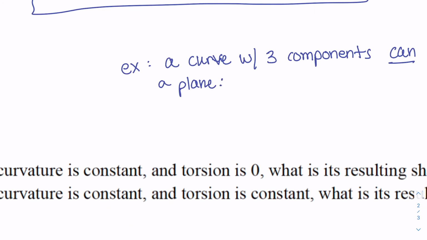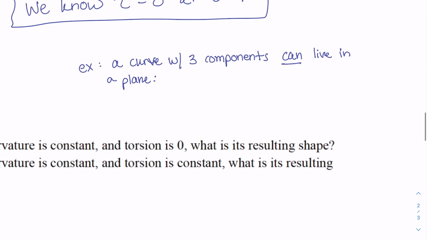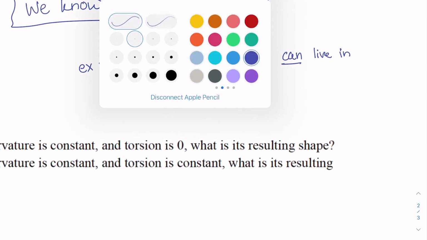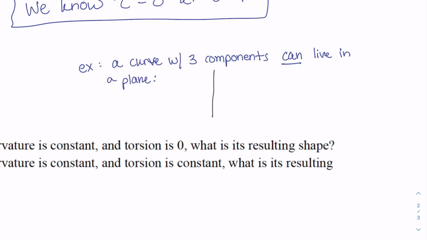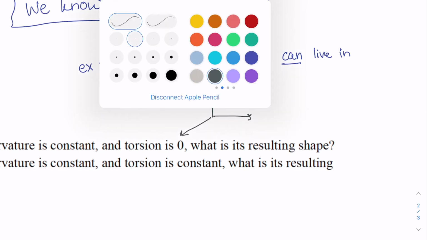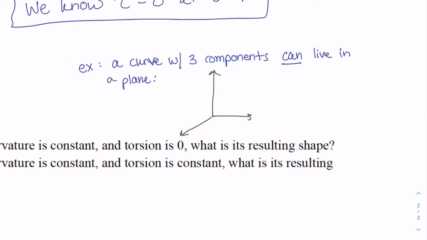Right, your plane just wouldn't be one of the coordinate planes. So you could have a coordinate system that looks like this. And if your r of t happened to look like that,